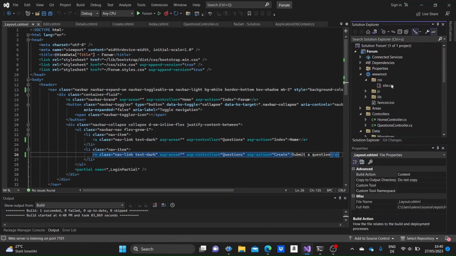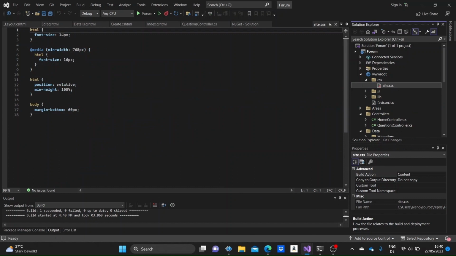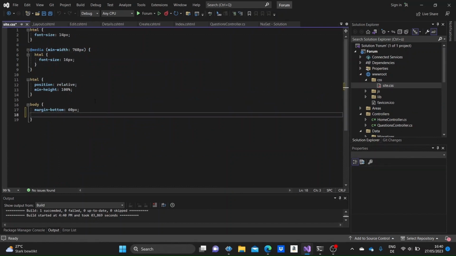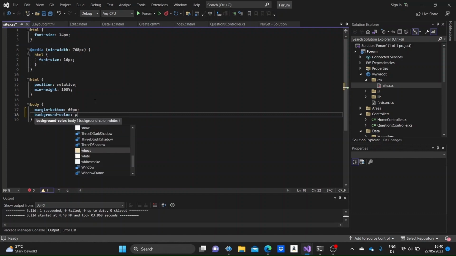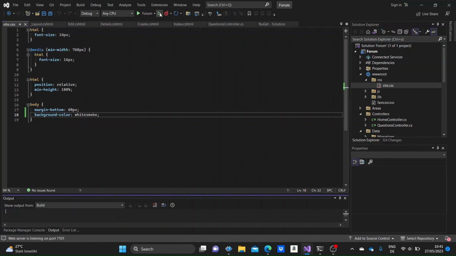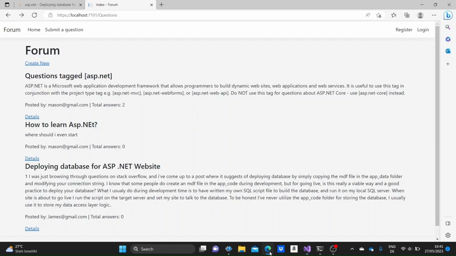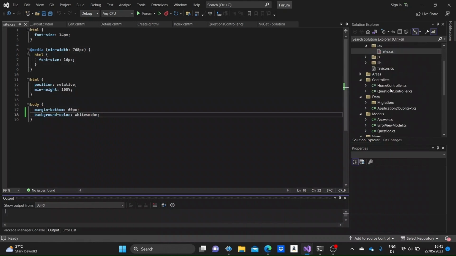I'm just going to go to the root CSS, site.css. I'm just changing the background of the page as well. I'm just making it like a light gray kind of color, like white smoke. Just checking it to see the application, how it looks like. We can see the navbar items, we can see the white smoke background, but the navbar, so the navigation bar,